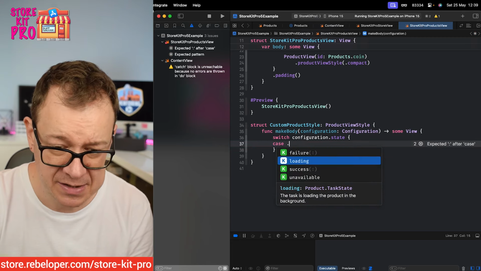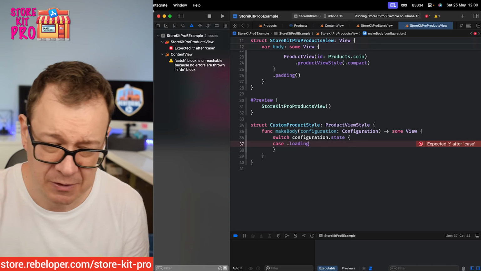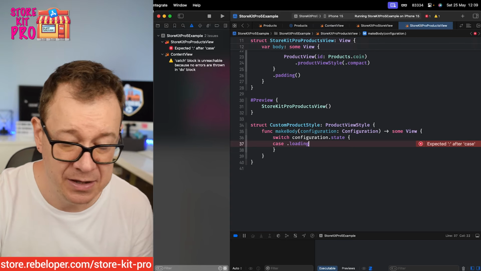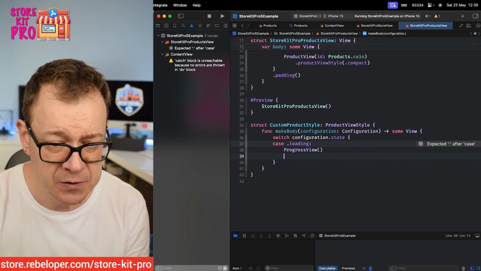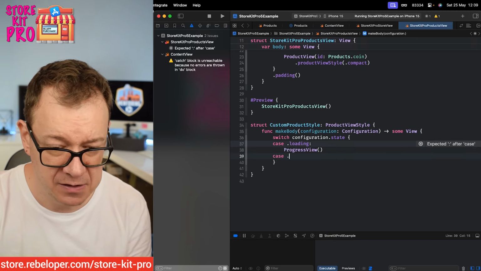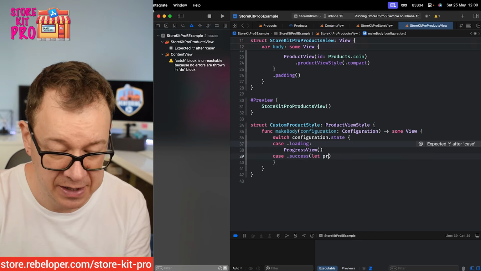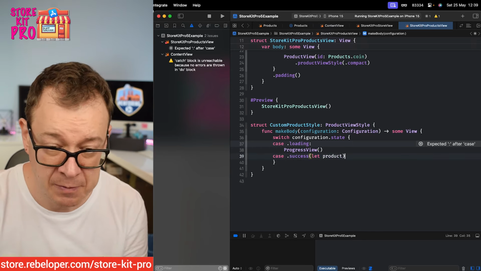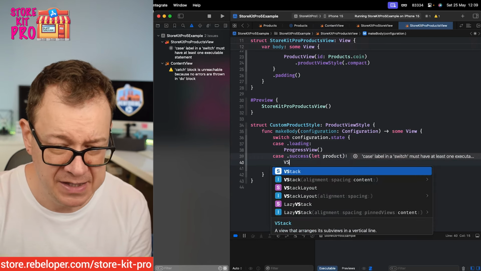The first one is loading, and you can also choose the failure, but I like the loading and the success to be at least two of those. So progress view, and then in the case of success, we are going to get back a product. So let product. We fetched our product, we have it available, and then let's have maybe a VStack,